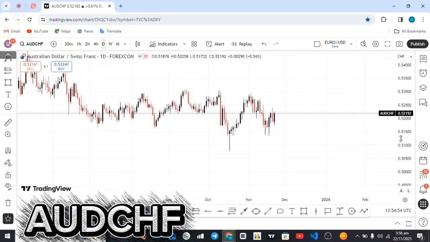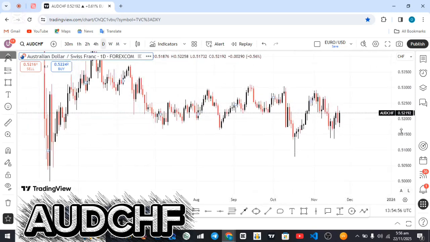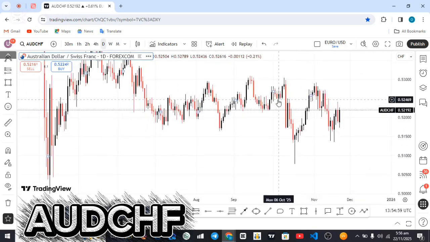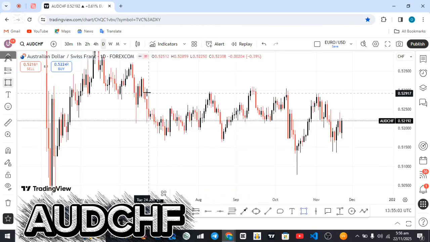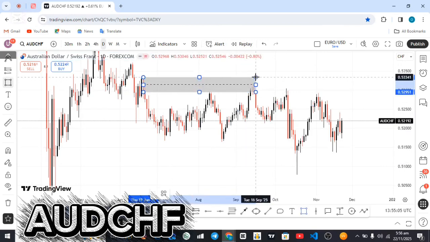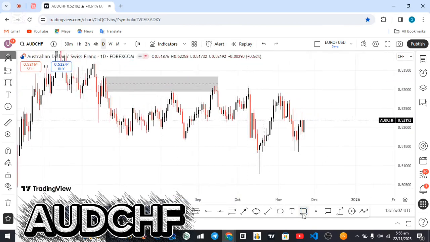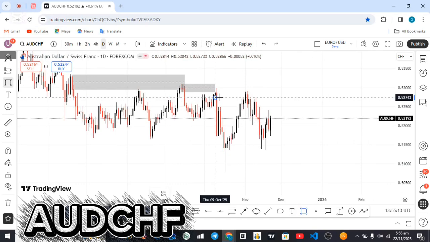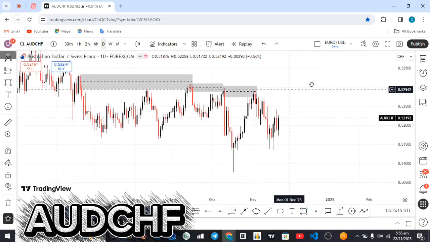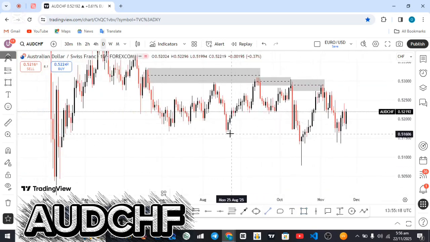So here on a daily time frame, we can see what this Audchf has been doing. There's a very good order flow I have been seeing here. You can see on this daily time frame, price just respected here. After respecting here, price again printed this particular level, respected it again, and after respecting it again, price again gave this particular POI and still respected it. Now we can see after this BOS here,